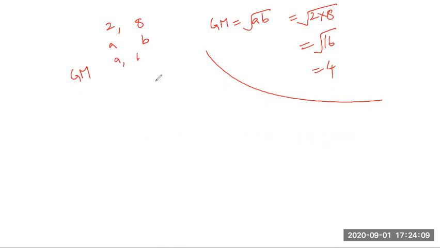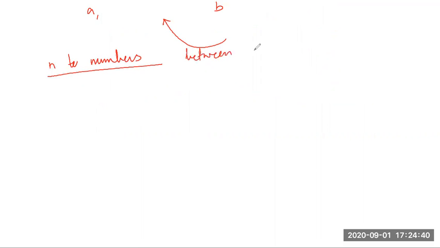Now students, once we know that the geometric mean between two given positive real numbers a and b is ab under root, we can go further to include more numbers between two positive real numbers a and b, right? So let's do that. We have two numbers a and b. We want to insert so many numbers. Let's say we want to insert n numbers between two positive real numbers a and b